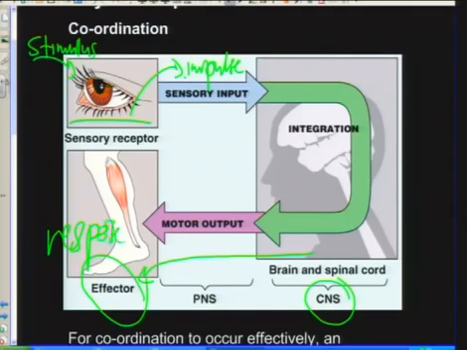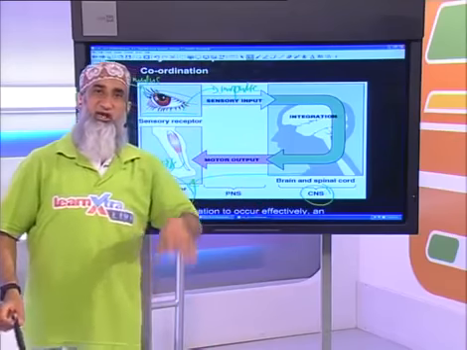Notice how it happens again. Stimulus, receptor, impulse, central nervous system, effector, and you bring about the response. So you're seeing something beautiful, and you're appreciating it, and maybe because you see